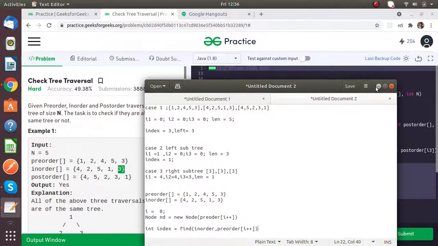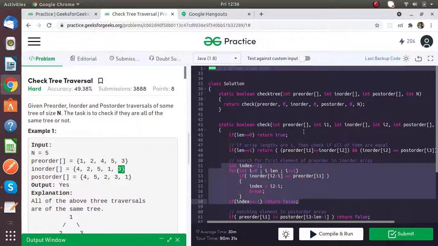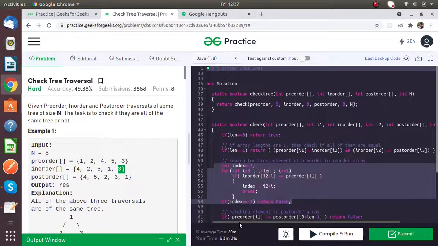So just look at the approach which I am using. I have created another function, check. In check I am giving the starting index of pre-order, which is 0, the starting index of in-order, the post-order and the starting index of post-order, and n is the length of the array.